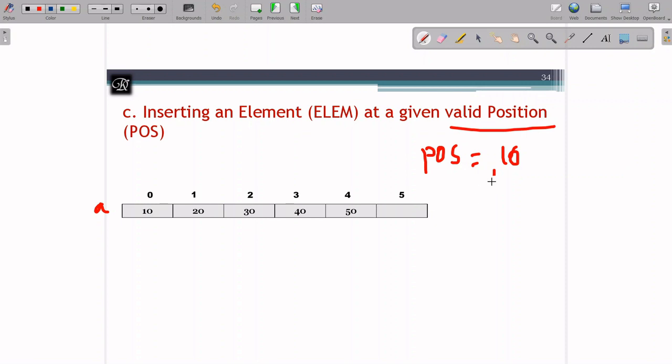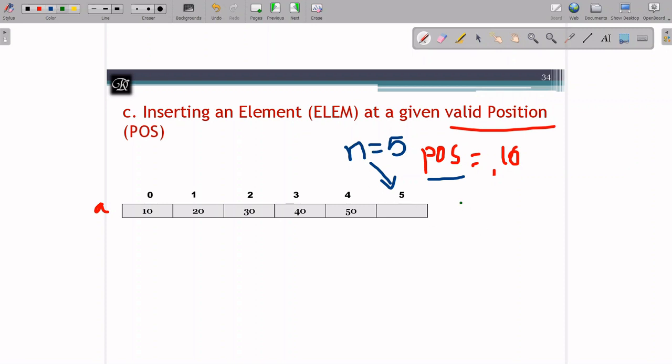For that, I can check this. The maximum number is already stored in n. You remember that we asked for the number of elements when creating the array, which is n. I have told you I am going to give 5 as the number over there. Now I will check the position with the value of n. Let me write a condition for this.